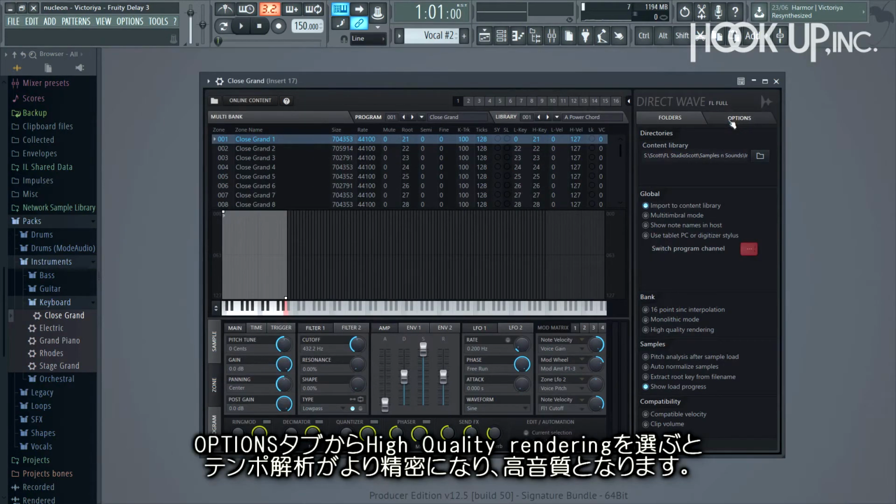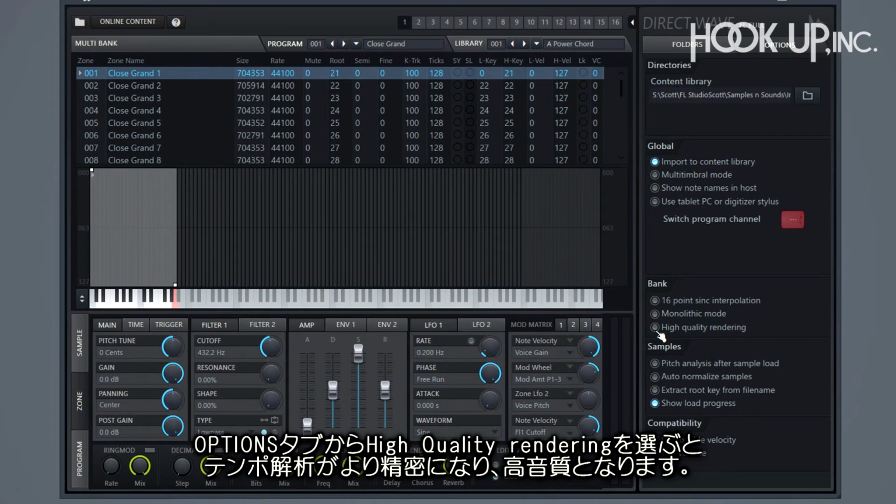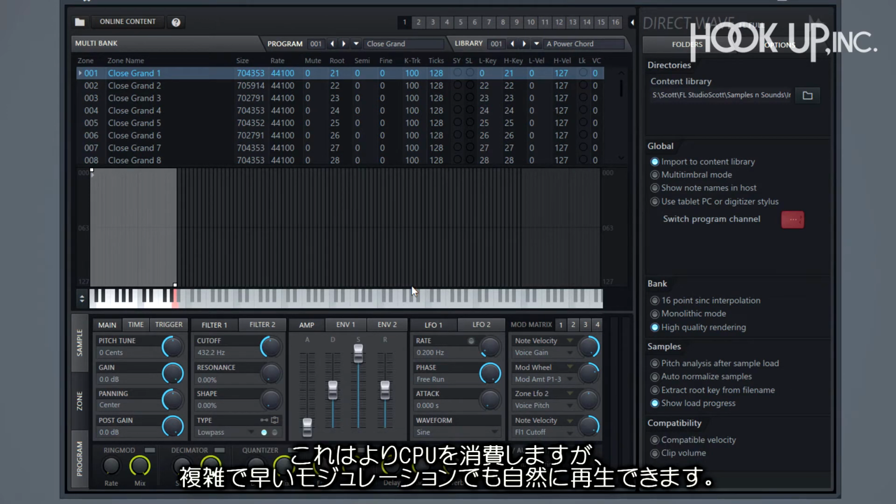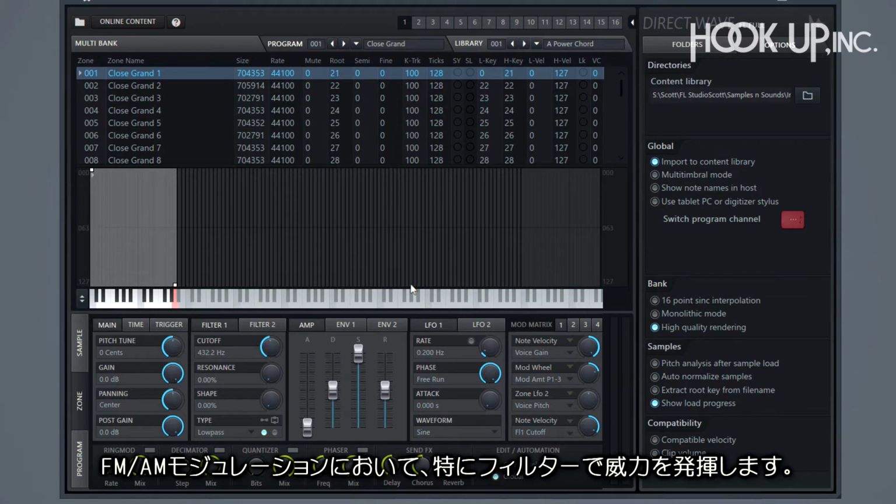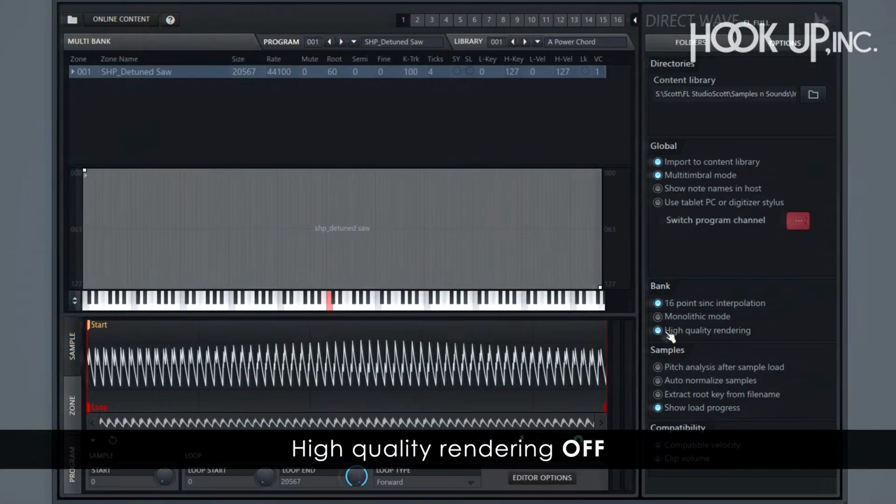On the Options tab, High Quality Rendering will increase the temporal resolution of all automatable parameters on DirectWave to near audio rate frequencies. This uses more CPU, but allows for complex and fast modulation of parameters without artifacts. Think FM and AM modulation. It's particularly useful with filters. For example,